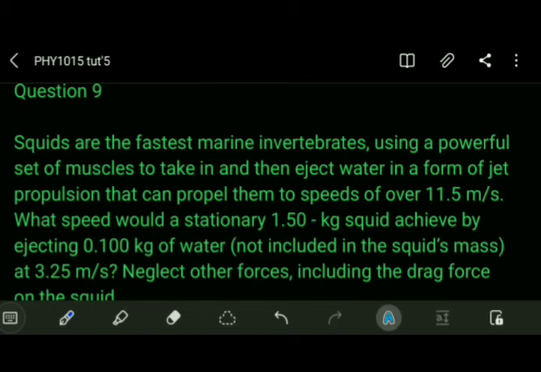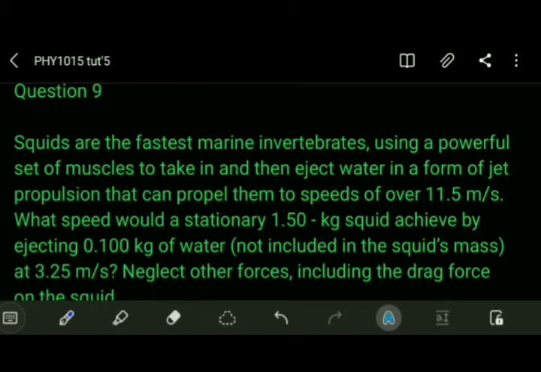Okay, we just say fish, this fish. So we have the fish and water at rest. Nothing is moving. But when this fish does what it does, it's going to propel itself to some speed, and at the same time it's spitting water at some speed. So you can see that the initial momentum, since they are both stationary here, the initial momentum